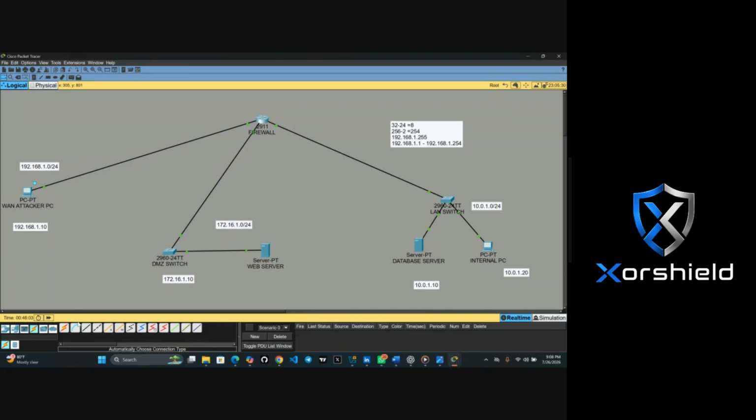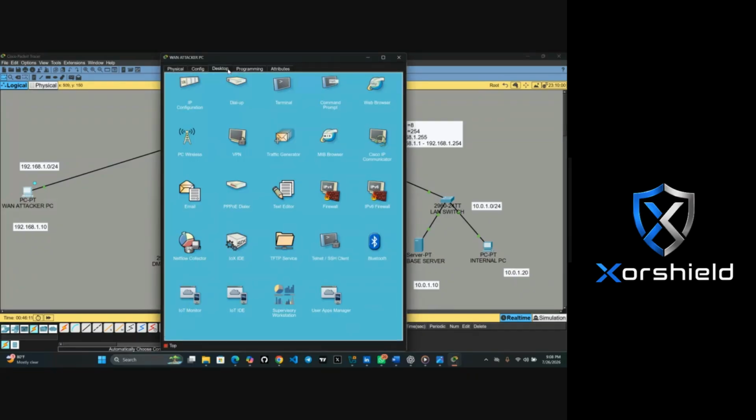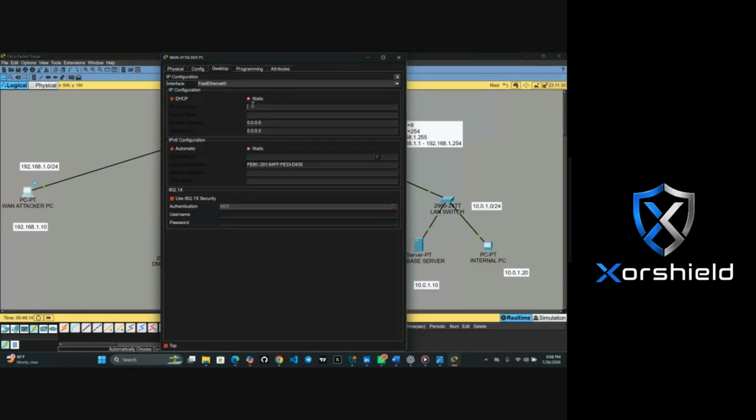So now, since we know our addresses, let's go and assign them. Go to your attacker PC, go to your desktop IP, then you state it: 192.168.1.10. Our default gateway 192.168.1.1. We are done.